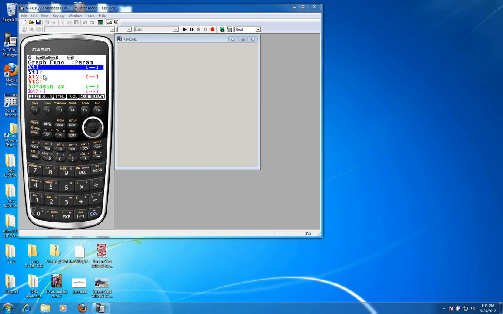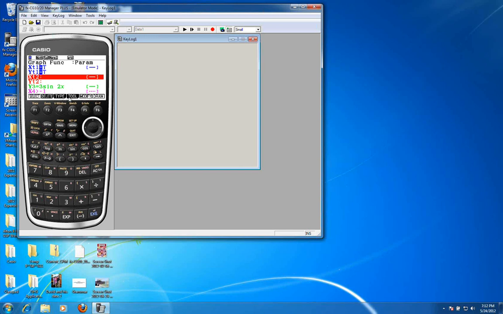The initial foray into dealing with parametrics is to take a look at the basic things like how do you plot things like y equals x. Once you're in parametric form, the key on the calculator, the xt theta key, changes from being x to being t. So if I create both x equals t and y equals t, then x equals y, which means what I'm plotting is y equals x.